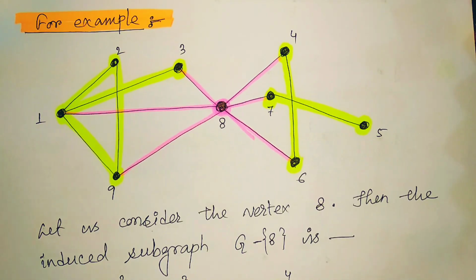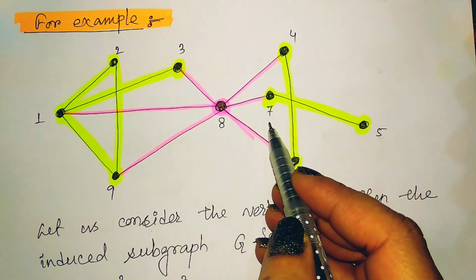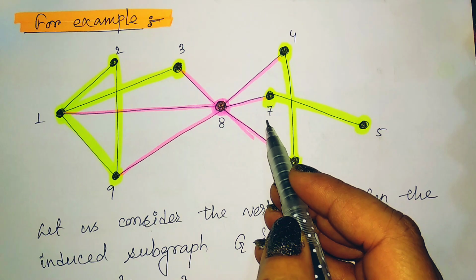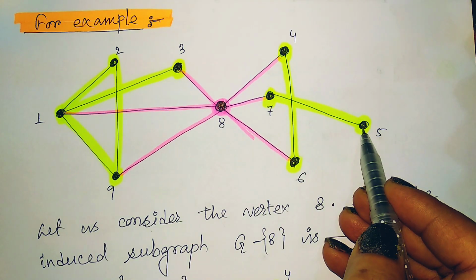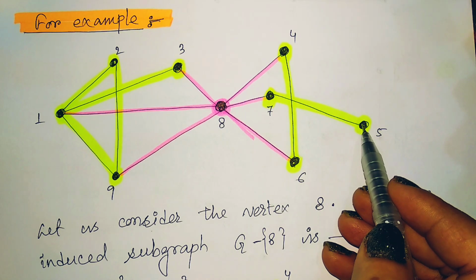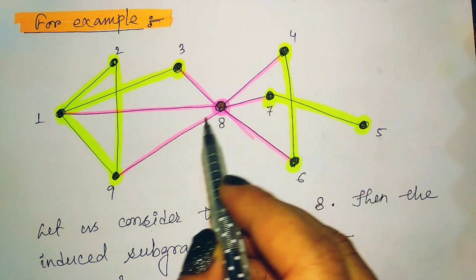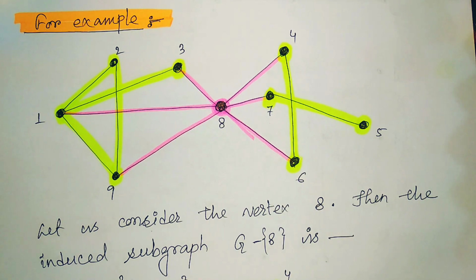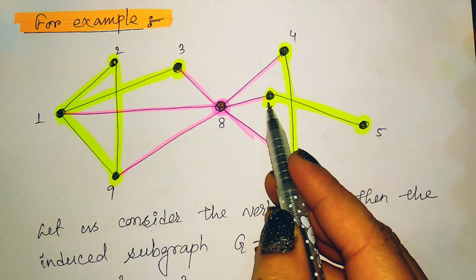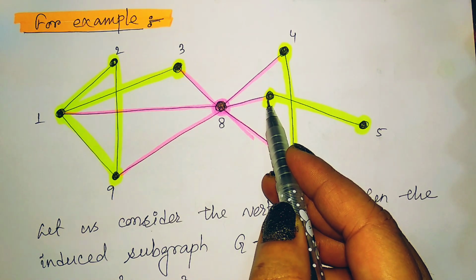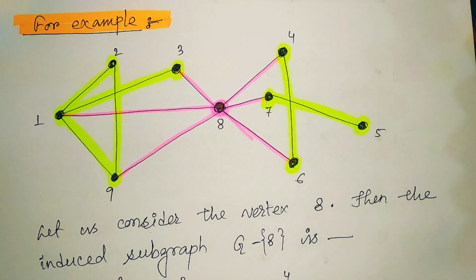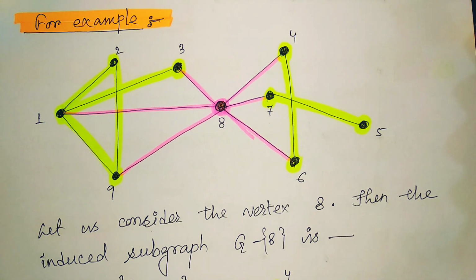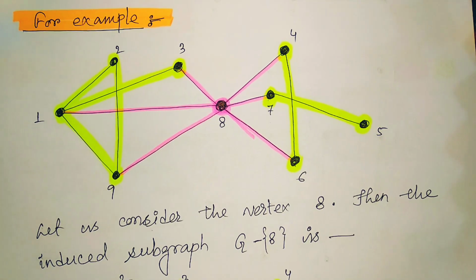Instead of the vertex 8, if we remove the vertex 7, then also we find that the induced subgraph contains this portion and this vertex, the isolated vertex. So this one will be another component. So if we remove the vertex 7, then also we find in the induced subgraph 2 components, which is 1 more than the given graph. So vertex 7 is also one of the articulation points for the given graph. This is how we can find articulation points by using the induced subgraph technique.